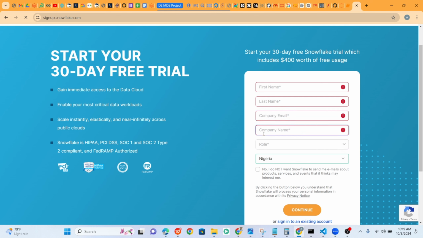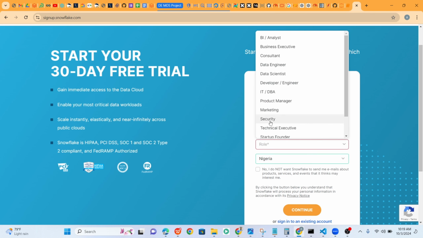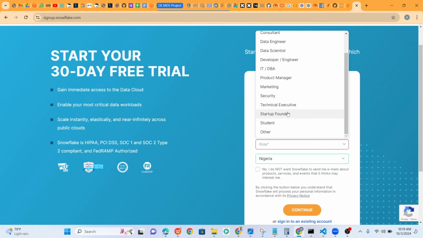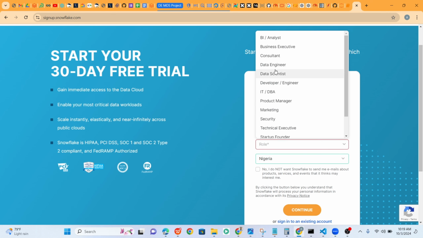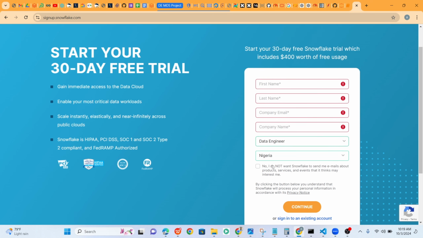If you have used your personal email to register before and your free trial has ended, you might need to use another email to open the account. Then role, this can just be any role at all, but just put something that resonates with you. It does not really matter. So I can just put data engineer and then